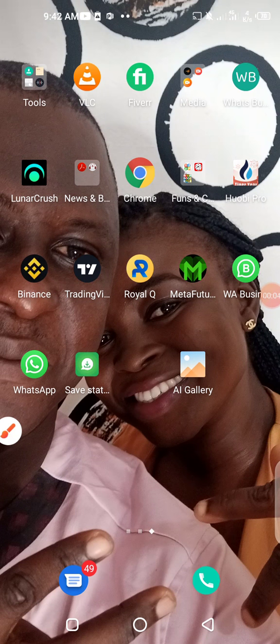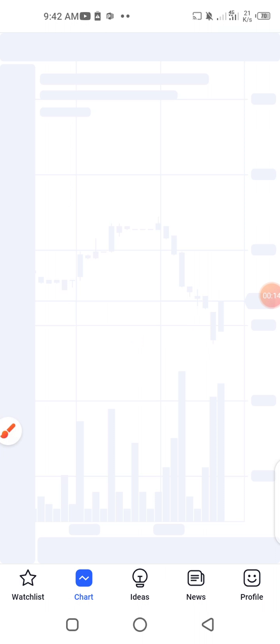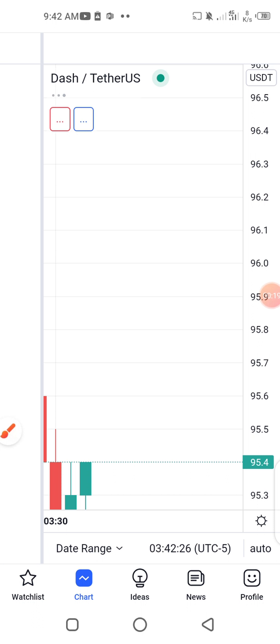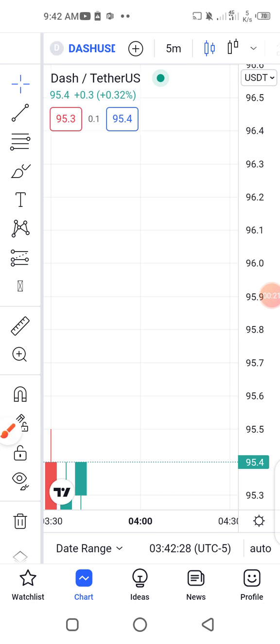Let me take you to scalping on the 5 minutes time frame. Making use of the 5 minutes time frame, number one, you will need TradingView. On TradingView, we have a lot of instruments that we can use. That means tools that we can use. The only thing is we will be making use of